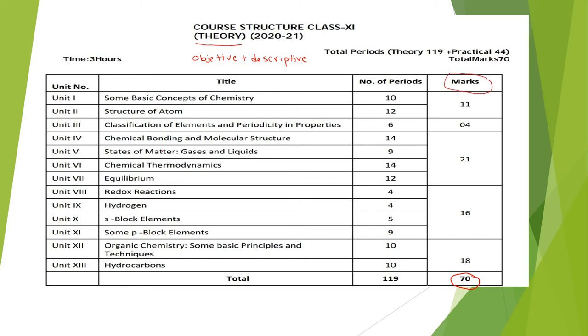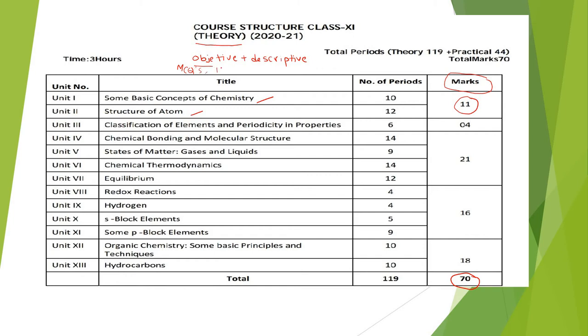The first chapter, some basic concepts of chemistry, and second chapter, structure of atom. Both are included, getting what? 11 marks. Understood here? One thing you have to know: objective means you may get MCQs,